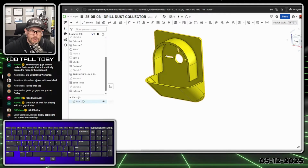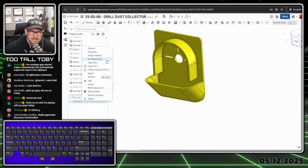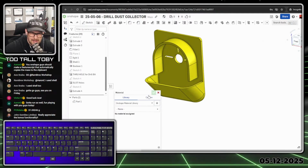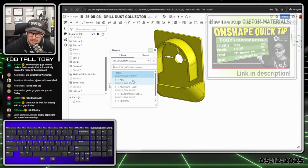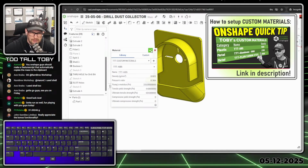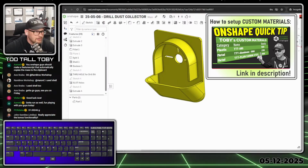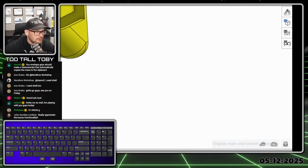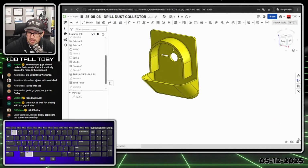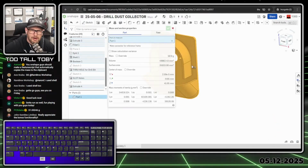And then we can go over to that parts list again, right click, and say assign material. And this material is going to be from the Too Tall Toby custom materials library, and it's going to be ABS. So we hit the green check mark, and now down here in the corner, we've got this option for mass properties. So you click on that option for mass properties, click on the part, and we're coming up with an answer here, 50.9,